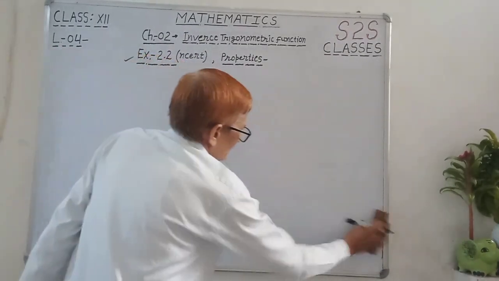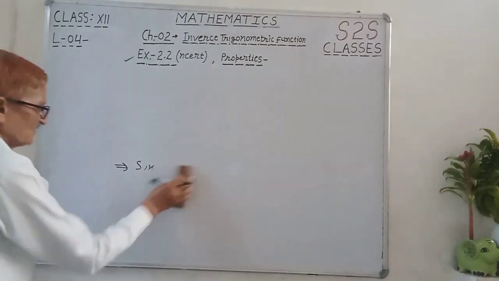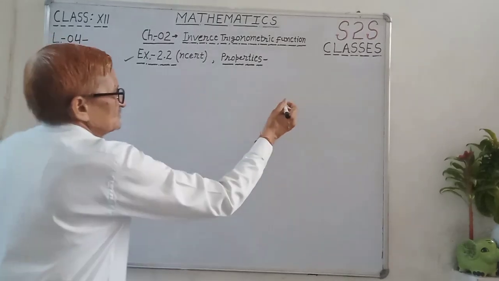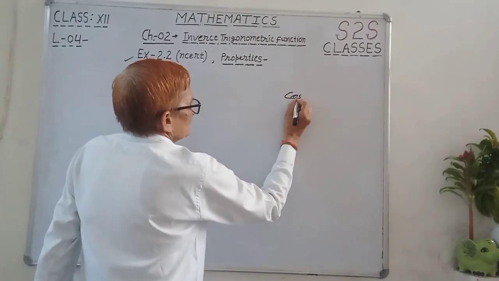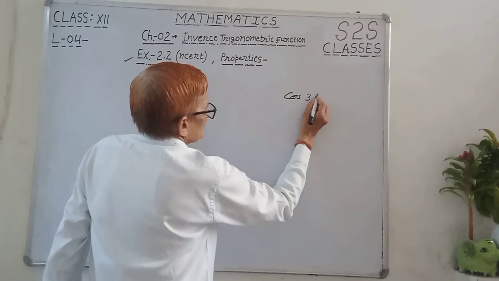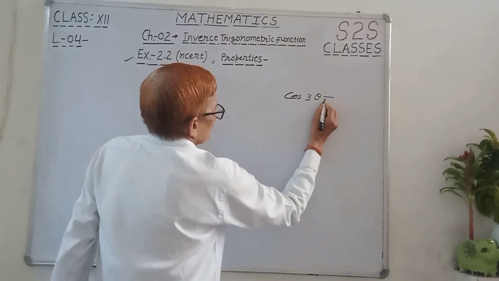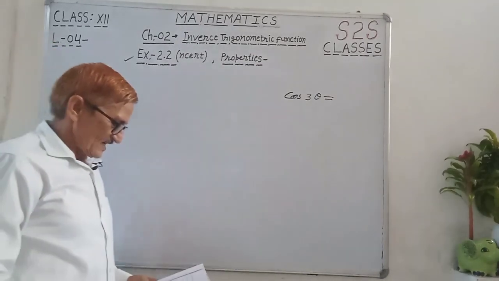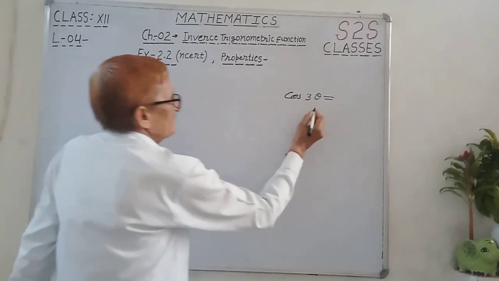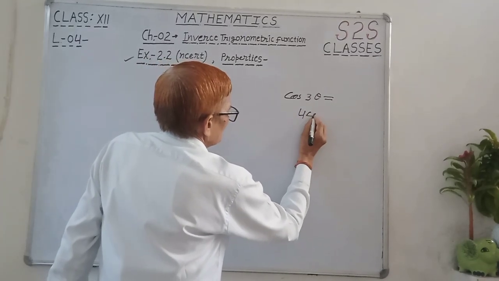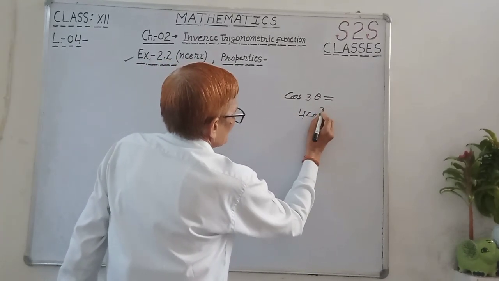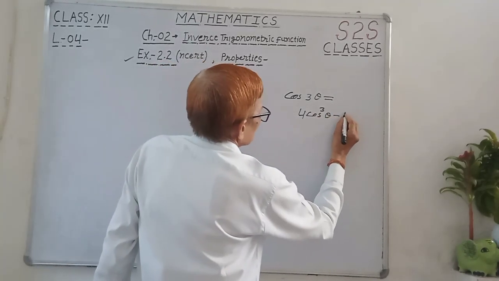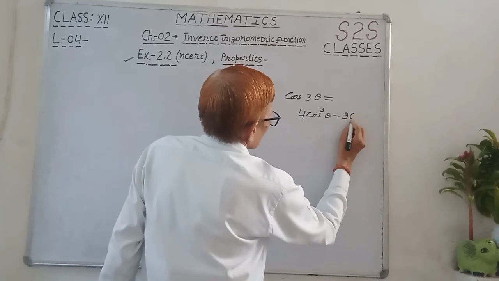Similarly, we can do question 2, but in question 2, which formula? Same, cos 3 theta. What is the formula for cos 3 theta? Cos 3 theta is equal to 4 cos cube theta, this is 4 cos cube theta, the cube is first, and minus 3 cos theta,